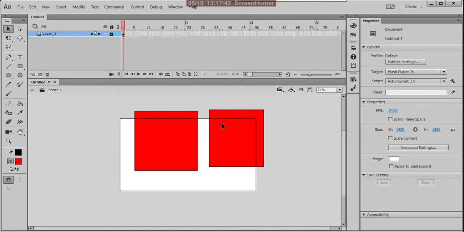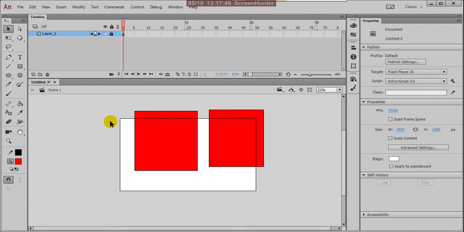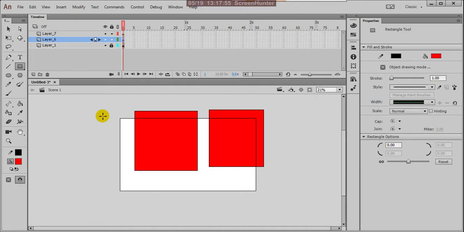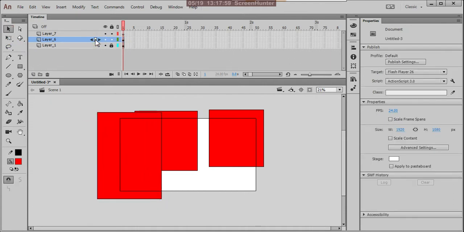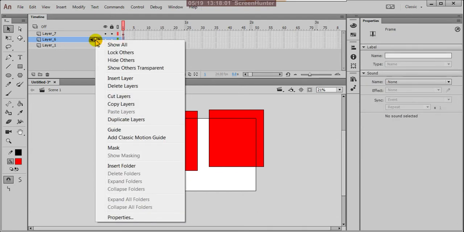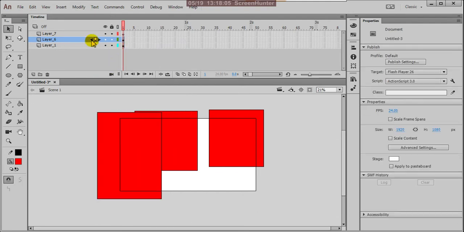Just a minute, I'll create one more layer. Let's check here, reset all classic.